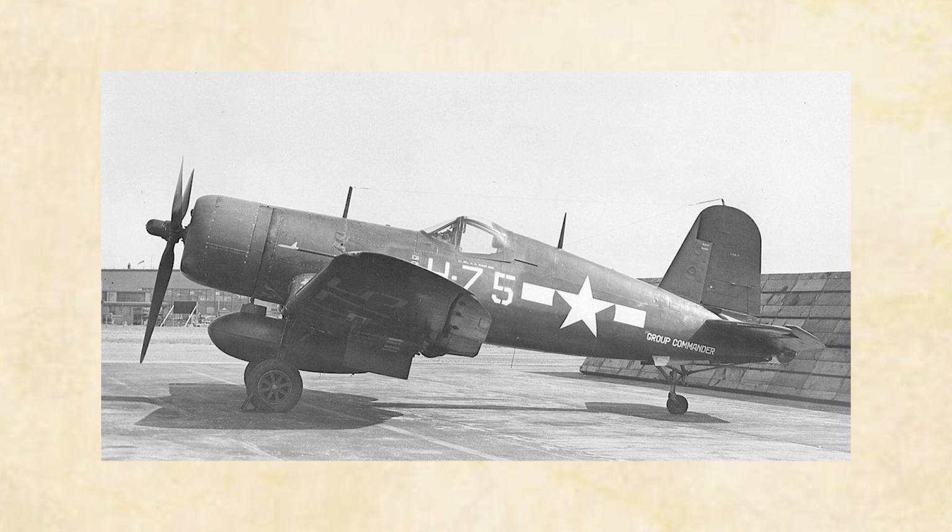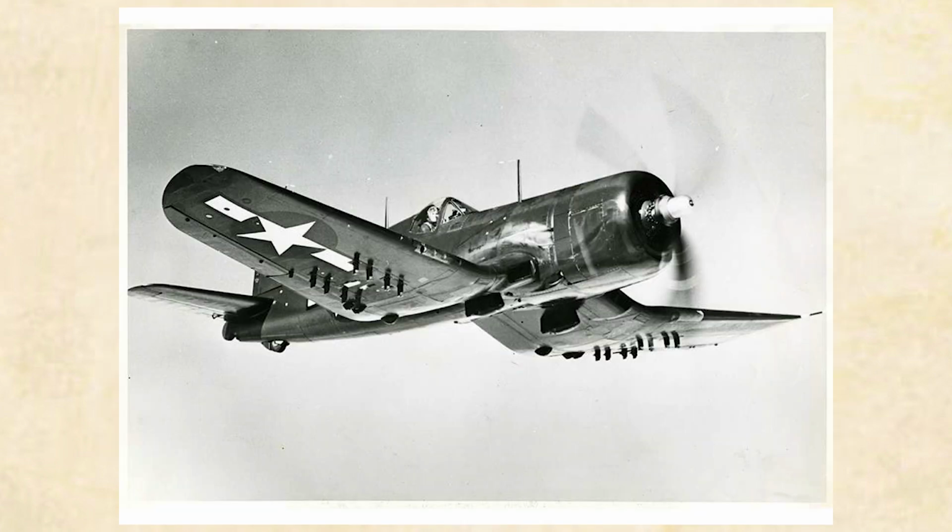The Corsair was initially designed for use on US carriers during the Second World War. As such, the reverse gull portion of the wings next to the fuselage allowed the designers to not only give the craft shorter landing gear, but keep the propeller large and fold up the wings without making the craft too